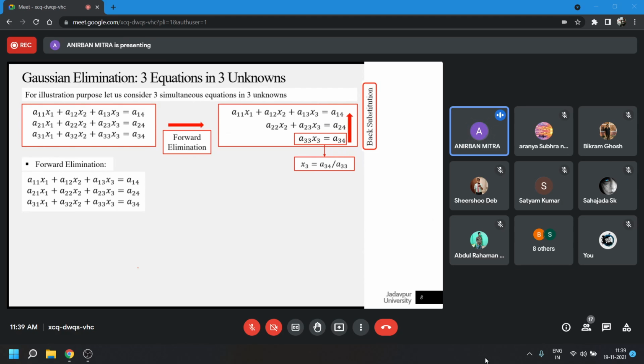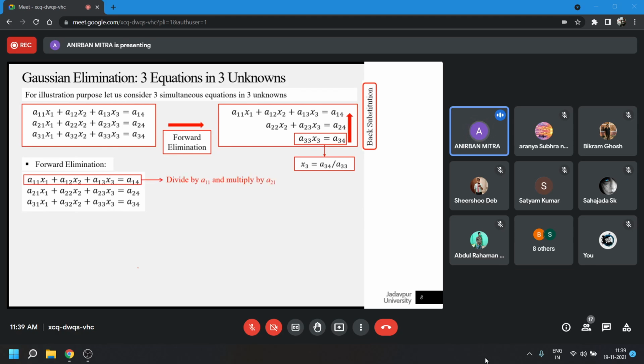The underlying principle here is the method of elimination. So we will consider one equation, multiply it with some factors, and subtract it from the other equations in such a manner that one of the unknowns is eliminated from those equations. Here by elimination, what we mean is that the coefficient of that particular unknown would have to be 0. Then only that term related with that unknown would disappear from that equation. So let's see how we can do that.